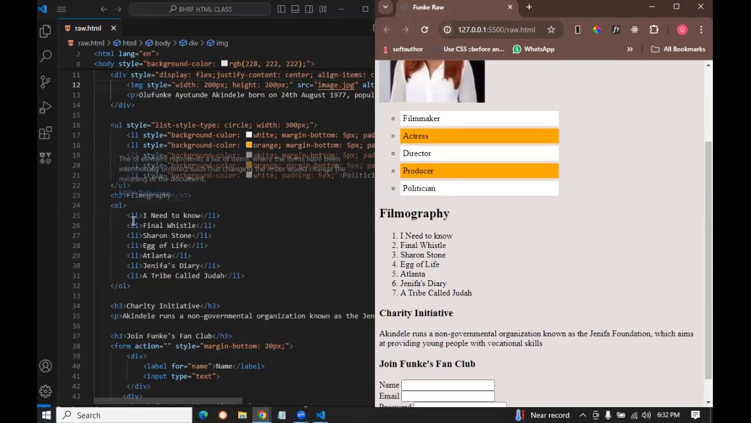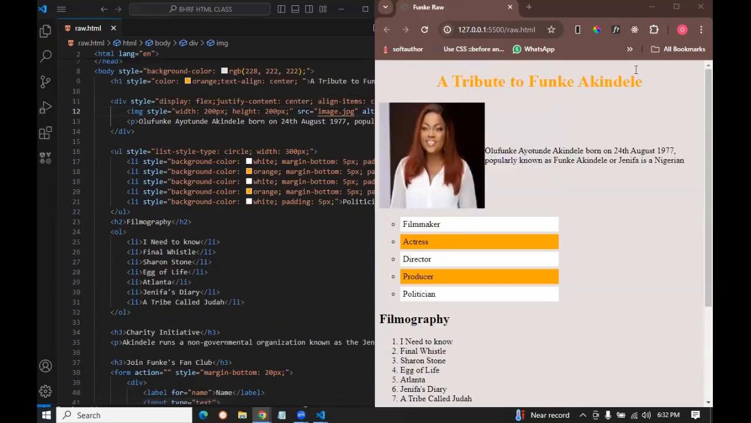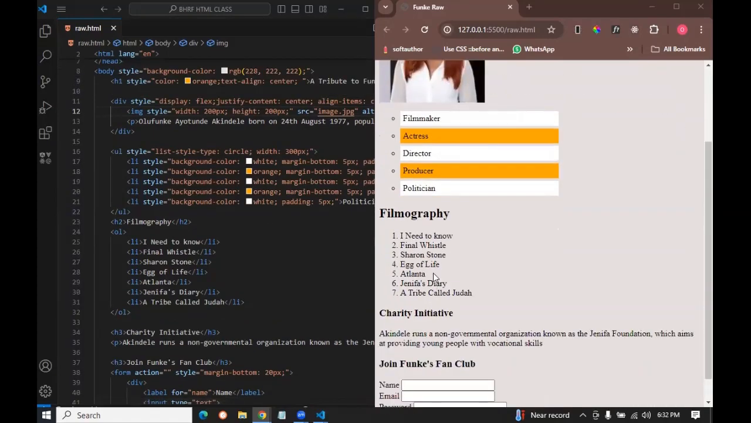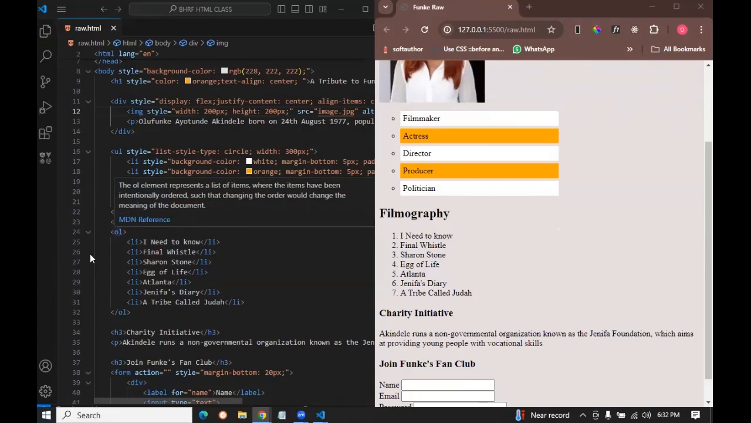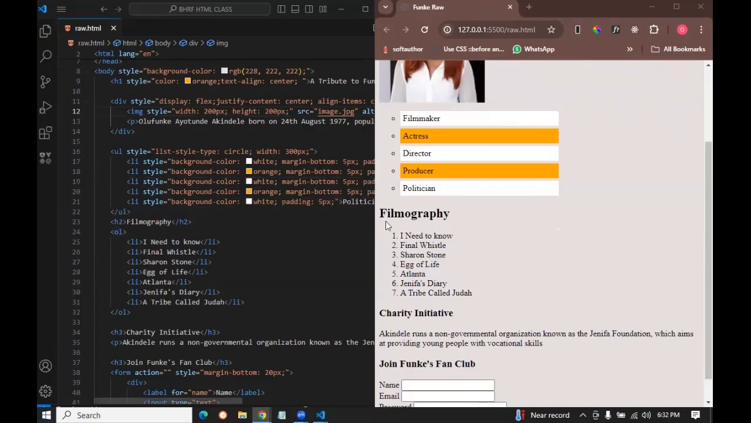Then we'll move to this H2. I styled my own as H2. I don't know what you styled your own as, this filmography. I styled it as an H2 because it's also a header, but it's not as important as this tribute to Funke Akindele. It's semi-important, so I styled it as H2. So I will go there and give it a background color of white because it has, let me show you